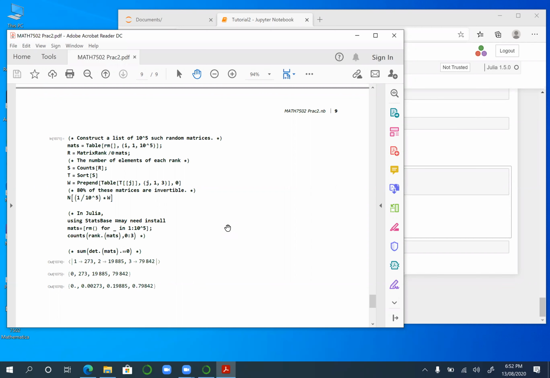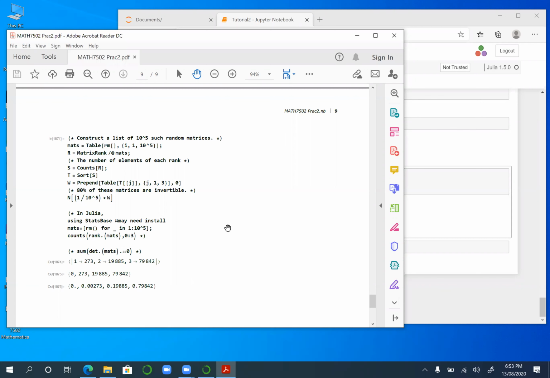All right, so what we're doing is basically taking the rank of each one, and then we are counting how many matrices did we get that were of rank 1? How many did we get that were of rank 2? How many did we get of rank 3? And so we count those, and what we want to know is what is the proportion, right? All right, so it turns out that when you do this, when I ran this, what you're seeing here is I got